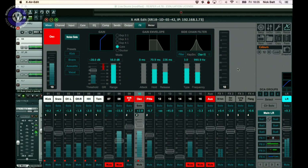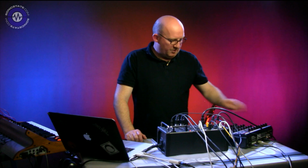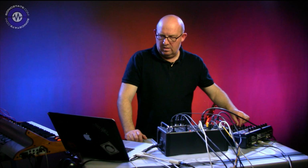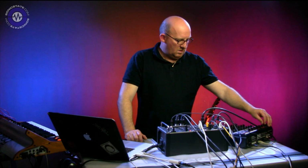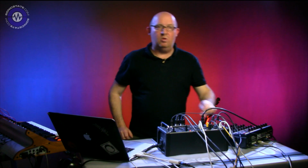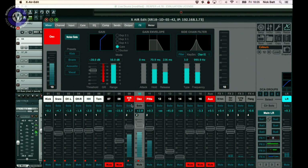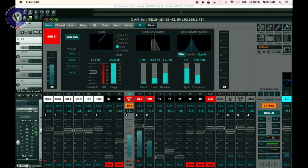So let's just get this mix going again. Now I'm going to switch in the synth part that I've got. Now that's quite interesting. What's actually happening there is I've got a number of things going on. So I've got this rhythmic part on the Sub 37, which is